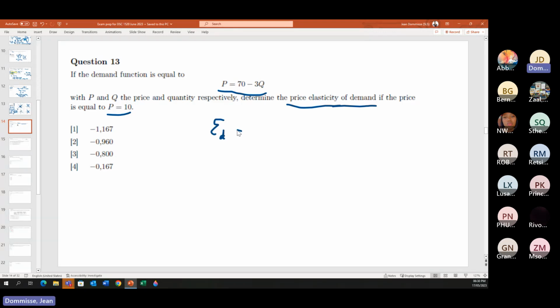So we've got that formula. I'm now writing very, very big here. So price elasticity is